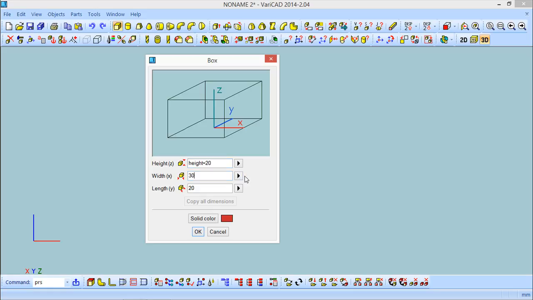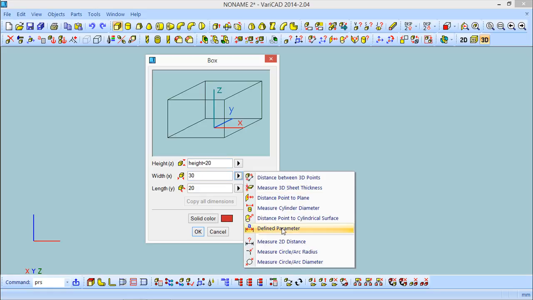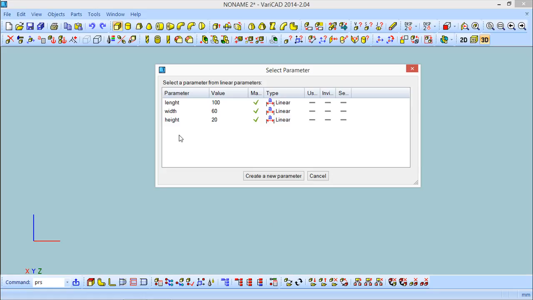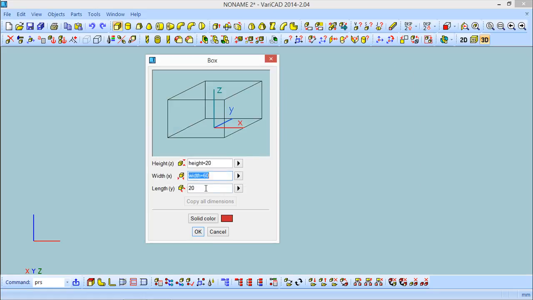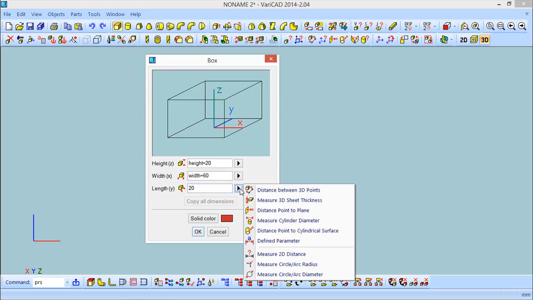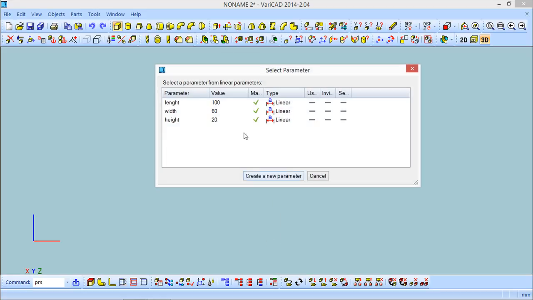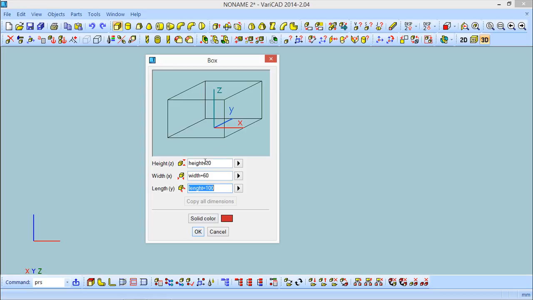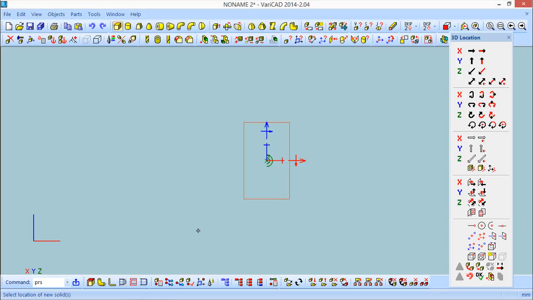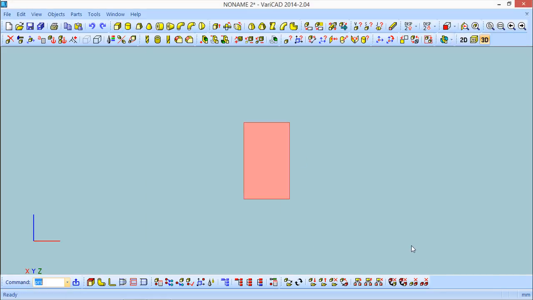I could give other names, but I've used these so that we use the same terminology. And in this case, defined, and length. So it is done. Do the OK and do the OK again. So I've created a basic box,